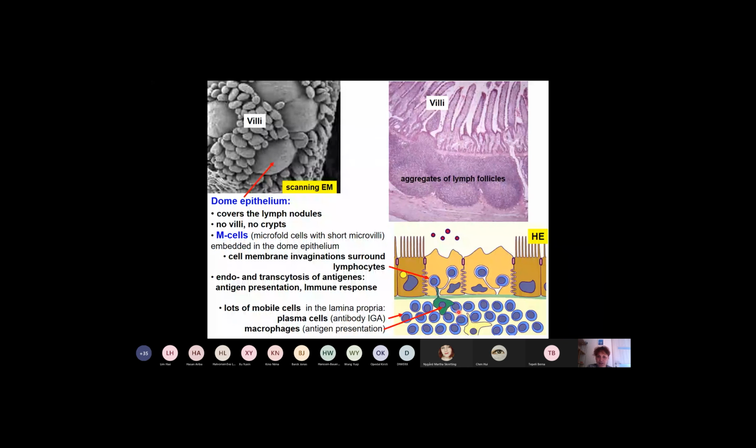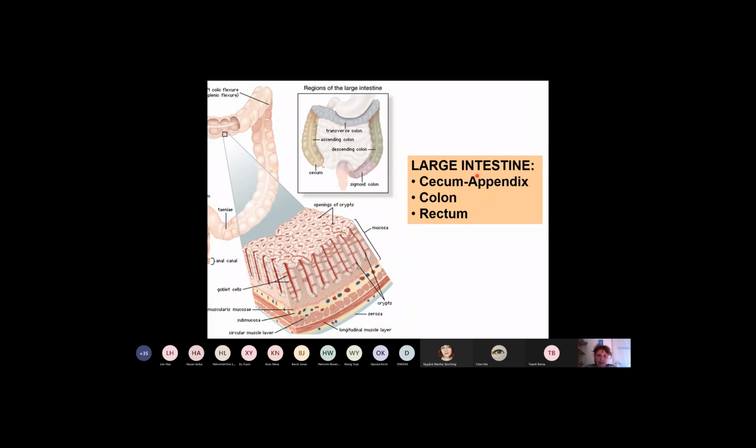And as you can see in the follicles, we have lots of immune cells, mainly B cells, but naturally also antigen presenting cells like follicular dendritic cells or other macrophages. So you have already learned about the lymphatic system, and you will speak about this lymphatic system in the practice as well. So that was the small intestine with these three parts, duodenum, jejunum, and ileum, and now let's continue with the large intestine,